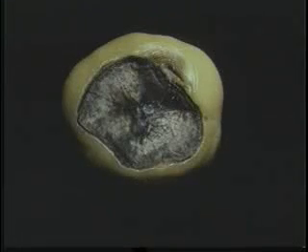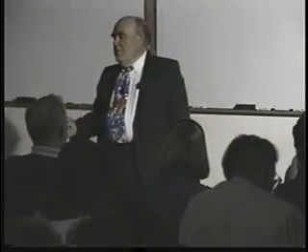Uneven water. Uneven water can cause problems, particularly in tomatoes. Have you all seen blossom end rot in your tomatoes? Nobody seen blossom end rot? Okay. It's very, very common. Blossom end rot results from uneven watering during the time when the plant is beginning to produce tomatoes in the early part of the growing season. If you give the plants an even water, don't let them go dry, just keep them nice and moist,